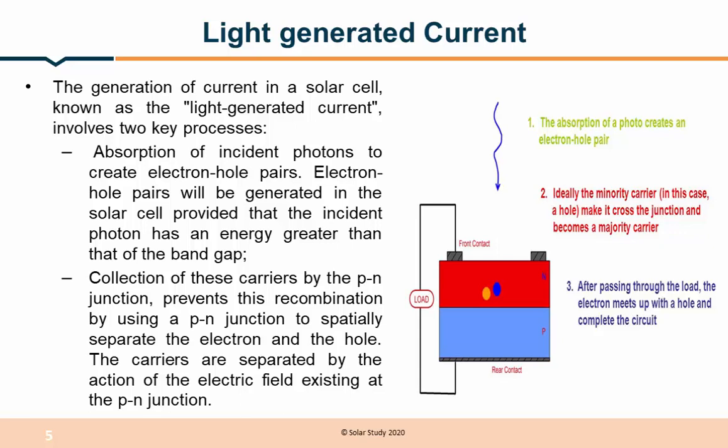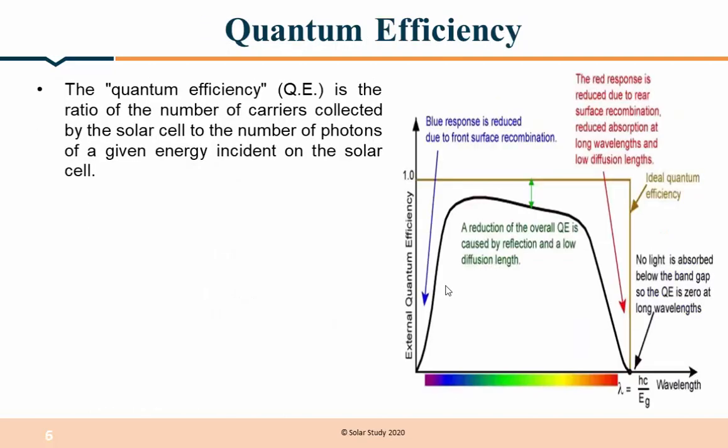So if I want to turn on any light, you have to connect some contacts to this terminal, to the front contact and the rear contact. Here you will put some load, that may be a light or anything. You will get some amount of energy. If you put a 0.6 voltage consumption LED light, it will glow because one solar cell has 0.6 voltage. Now we will see what the quantum efficiency is and how it benefits the solar cell.